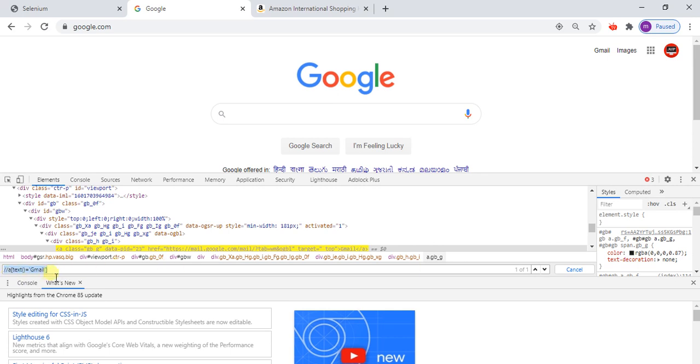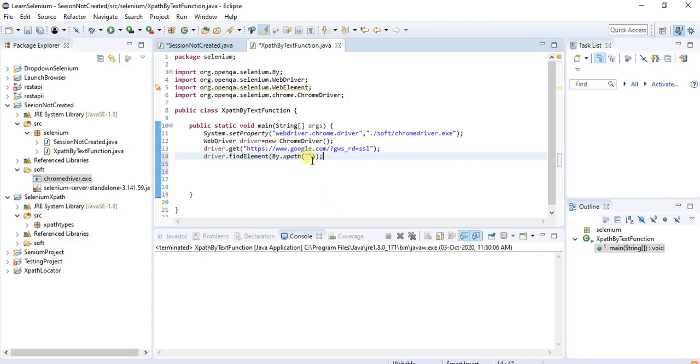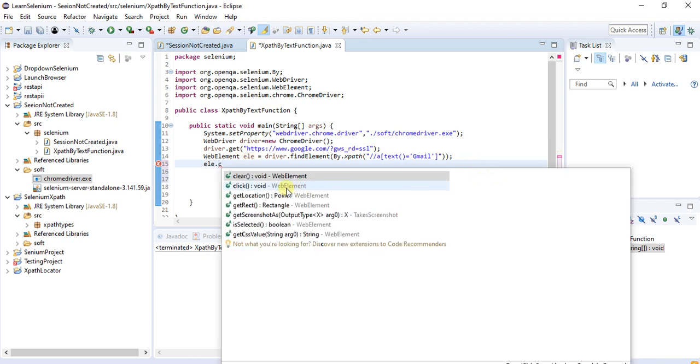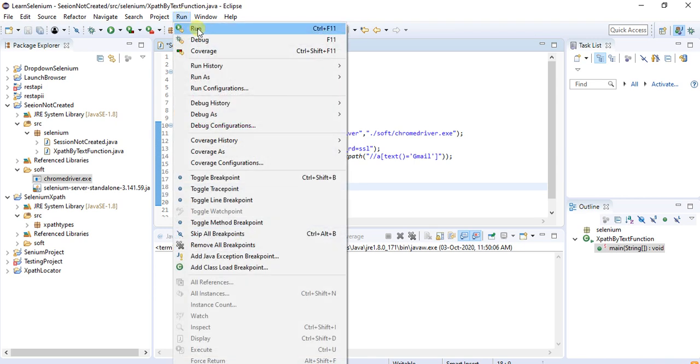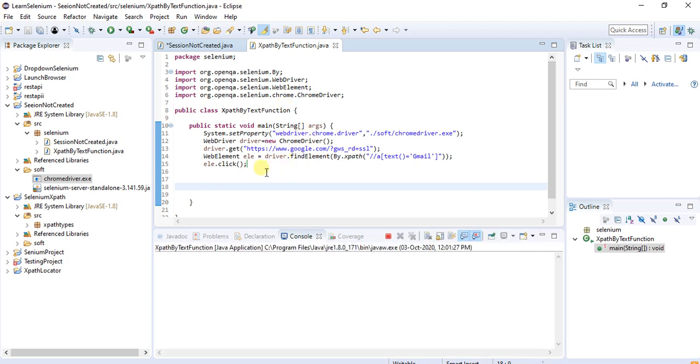I copy this XPath and add it here. Now I will create one local variable for storing into ELE. Create the local variable, then ELE dot click, because I am clicking that link option. Save it, go to run, and run the script.